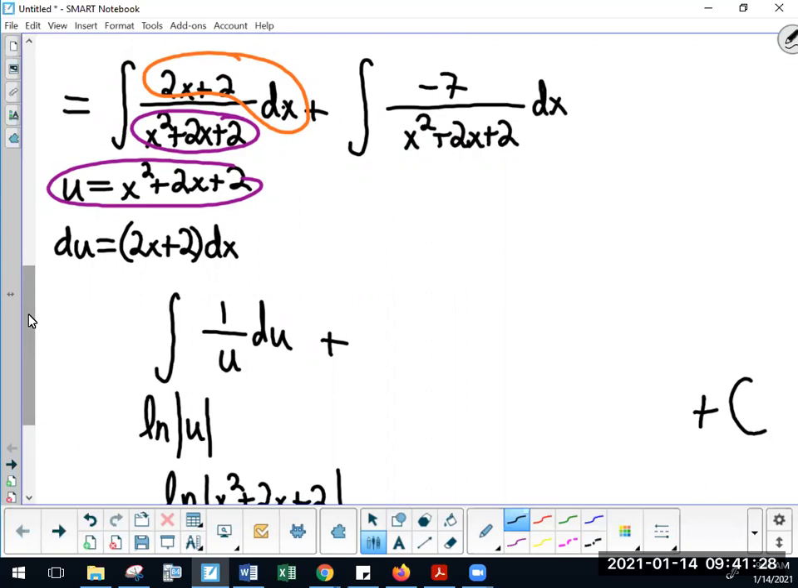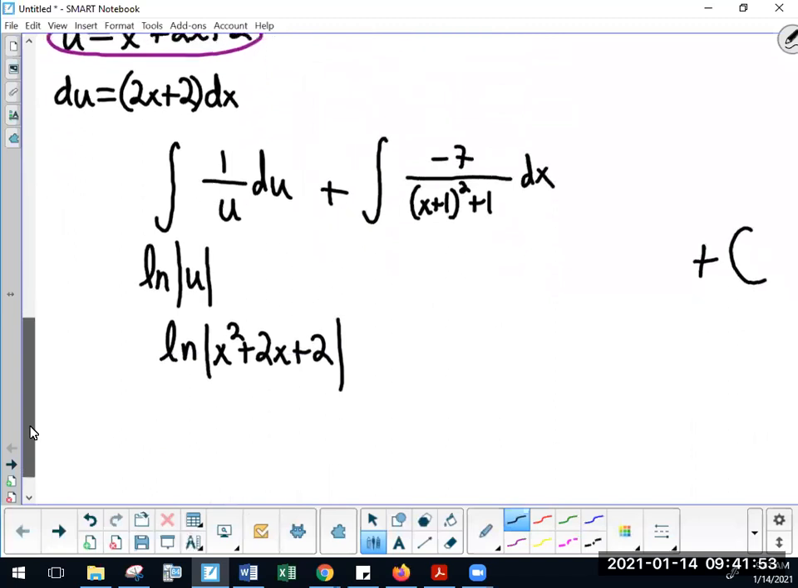Well, we can complete the square here. And if we complete the square, we have the antiderivative of -7. I've already done this. It's x plus 1 quantity squared plus 1. What is the antiderivative here? X plus 1 quantity squared plus 1. That's an arctangent. First time we've done one of these together. So it's arctangent x plus 1 over 1